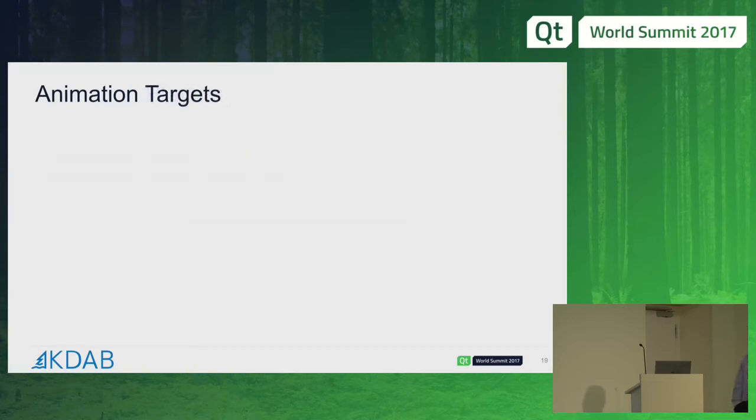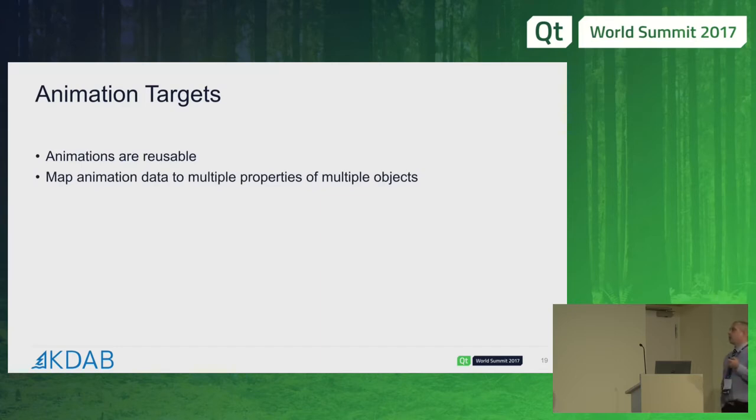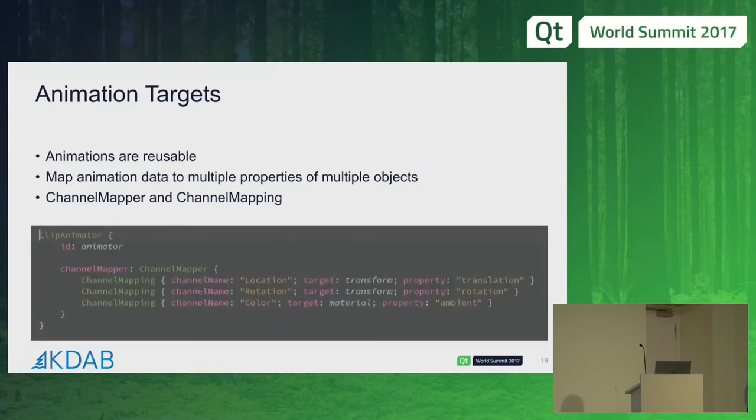So the third concept is, how do we target that animation onto some objects and their properties? Well, animations are reusable. We can use them across all kinds of objects and properties. Just because an animation channel is called position doesn't mean we have to use it as a position. We can target it to anything we like. And we can do this mapping with a pair of types called channel mapper and channel mapping. So a channel mapper contains a vector of channel mappings,